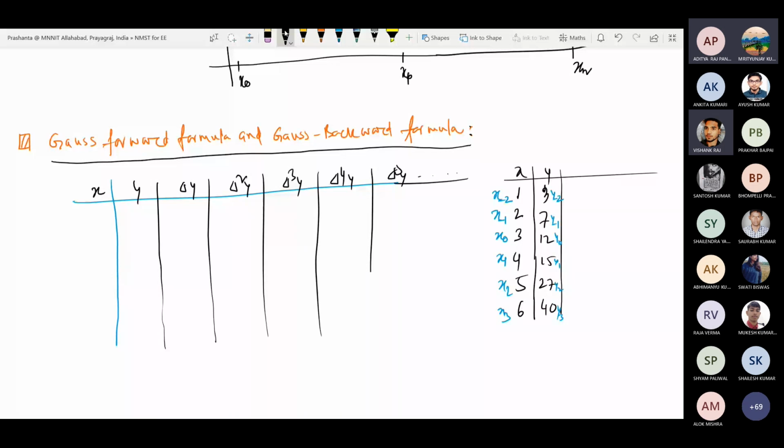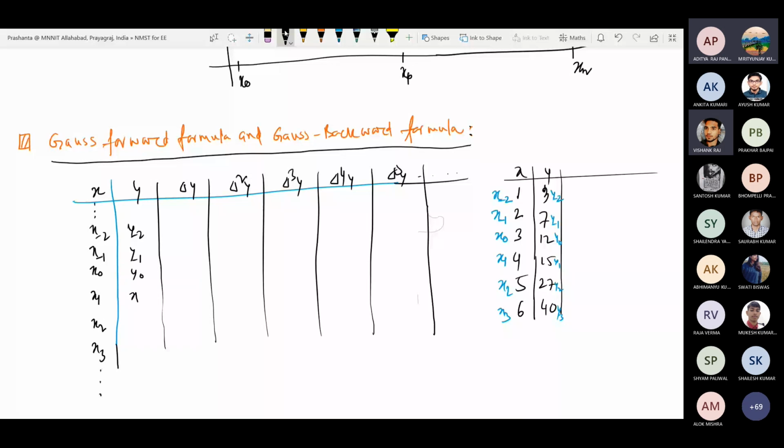Okay, so X0 is here, this is X1, this is X2, this is X3. We do not know how many data points there are. This will be X minus 1, X minus 2, and similarly a few more points will be there. It will be Y minus 2, Y minus 1, Y0,